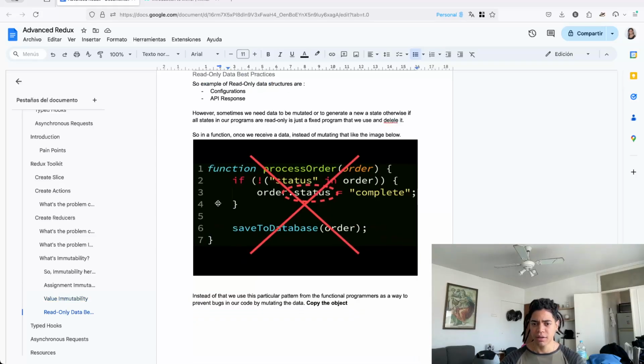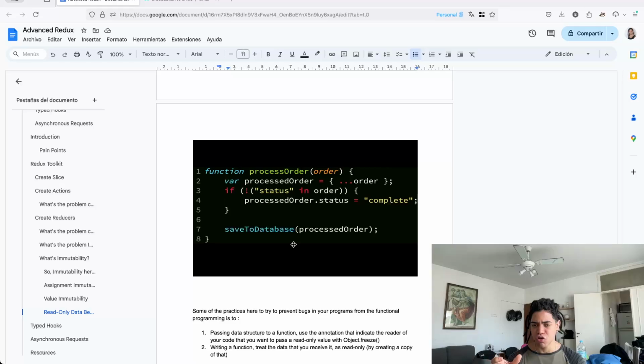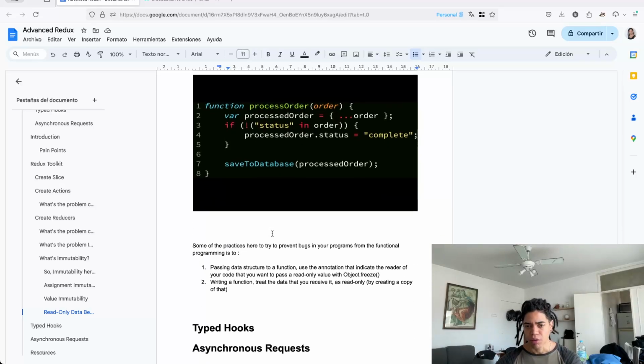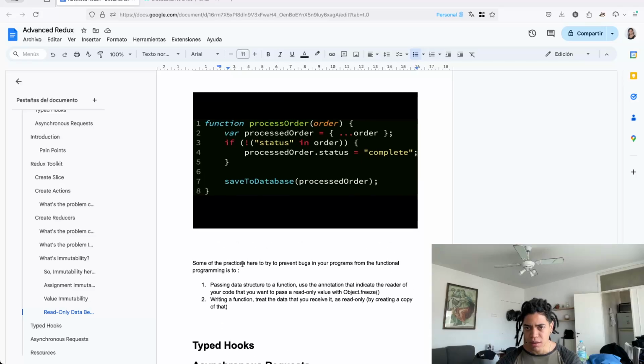in your functions, you must always assume that the data you're getting is read-only. So you create a copy of that, and then you mutate the copy, and you pass that down to whatever other things it needs to go to. So by having this pattern approach for handling immutability in the language, especially when you want to create applications, the immutability here is to understand